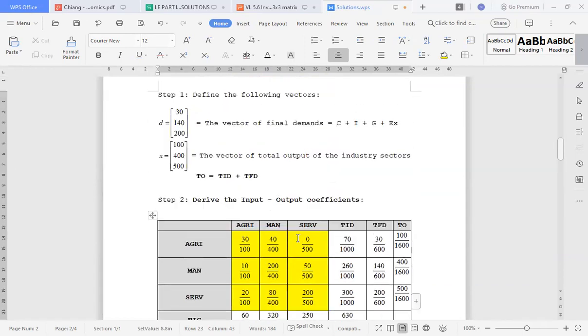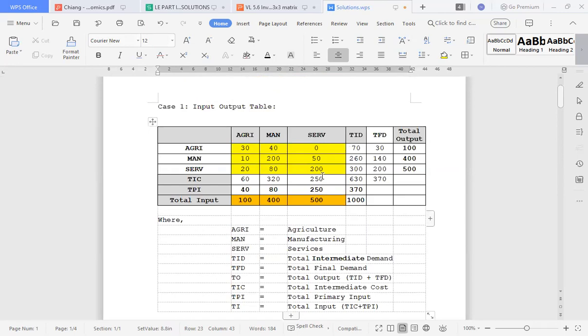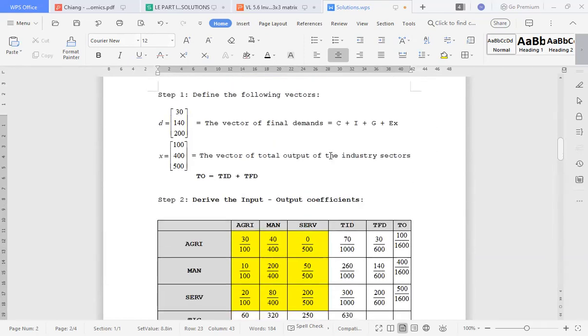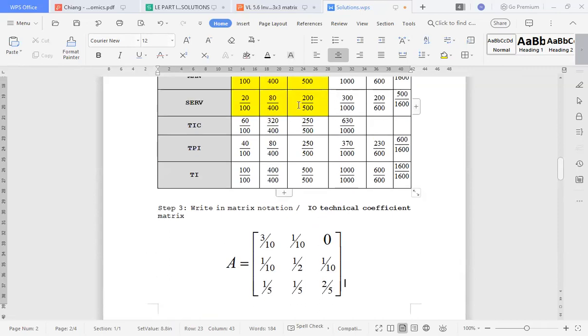There is a process that is not explained in the problem set, but the matrix that you have in the problem set comes from a series of deriving this table. Okay,